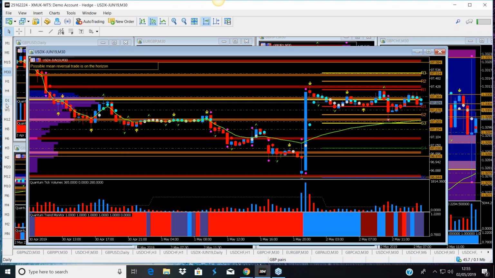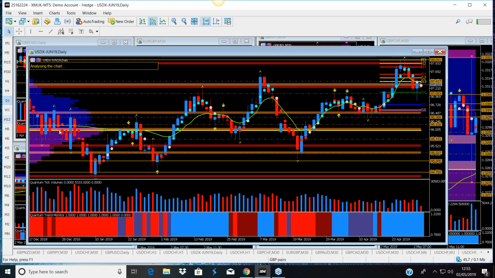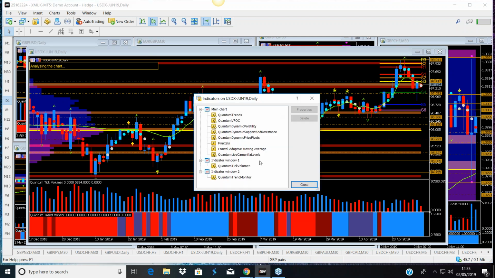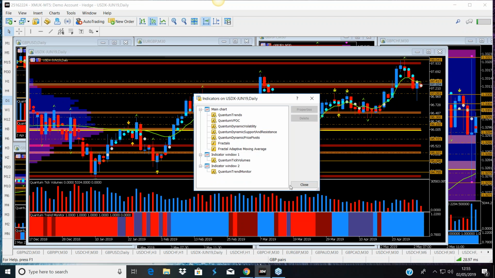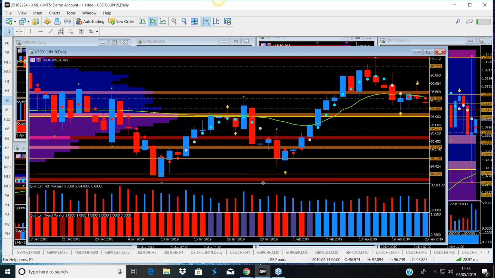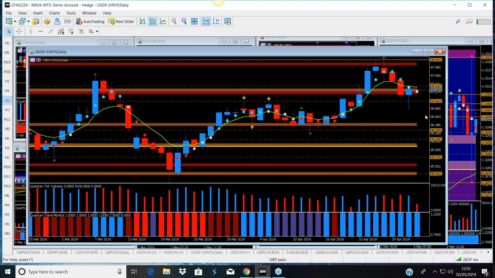Because I just want to move to the daily chart first before we go back to the 30-minute chart, and we look at it from. Let me just take one of the indicators off here. Just take off the Camarilla for a second, because this really highlights the importance of not only understanding the technical picture, but with Forex, you have to read the technical picture in conjunction with what is likely to be happening on the fundamental side, the political side. We have here, obviously, with Brexit here in the UK,